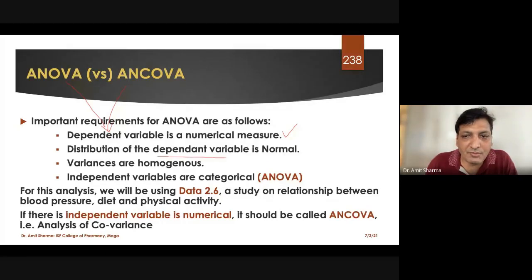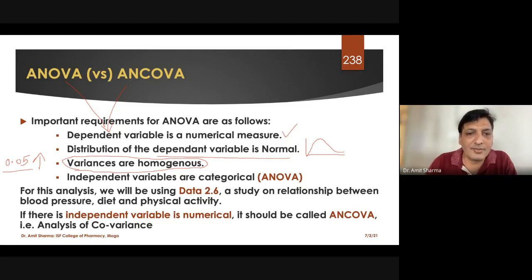The distribution of the dependent variable should be normal. That means we have to apply the test for normality of distribution to the dependent variable, and we should get a bell-shaped curve. Variances are homogeneous. That means we test for homogeneity, and the p-value should be more than 0.05. We have to prove that equal variance has been obtained between all the categories. If a categorical variable we are using, for example, if three categories are there, A, B, and C, so